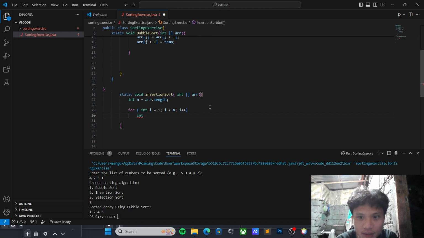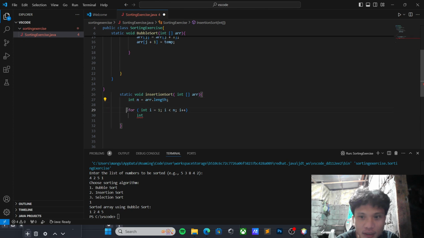This initialization stores the size of the array in n, our variable. The outer loop starts from the second element, i equal to 1, and iterates through the array because the first element is considered already sorted.